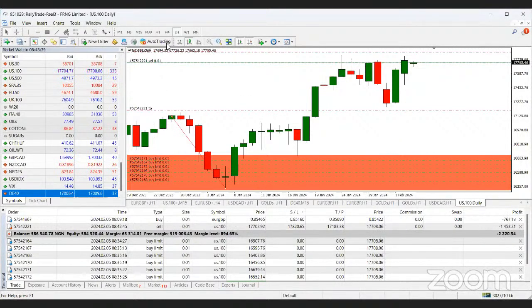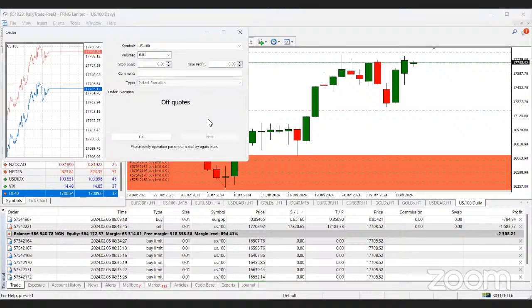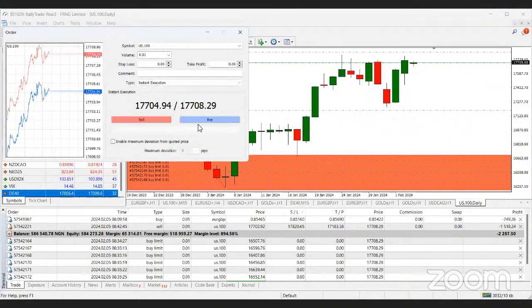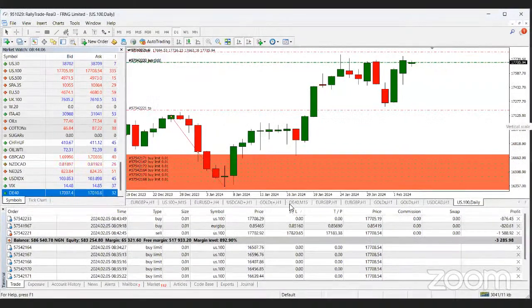If I do a buy, opposite of sell is buy. If I do a buy right now, let me do a buy. Now I have a buy. Where will my stop loss be? For this buy, let me just double click on stop loss. Remember that if I put a buy now, my stop loss could be either here where the take profit is, or on this tomato zone, right? If I do 17125,